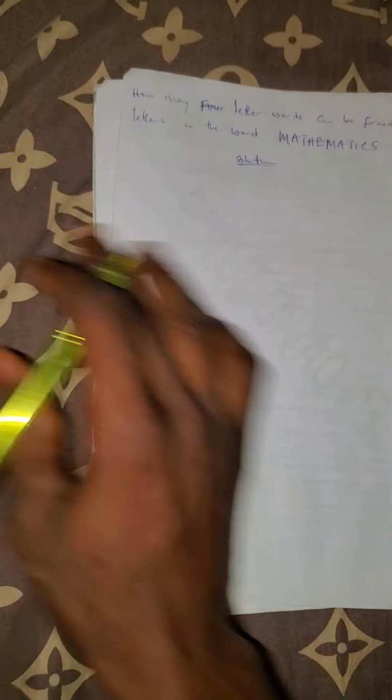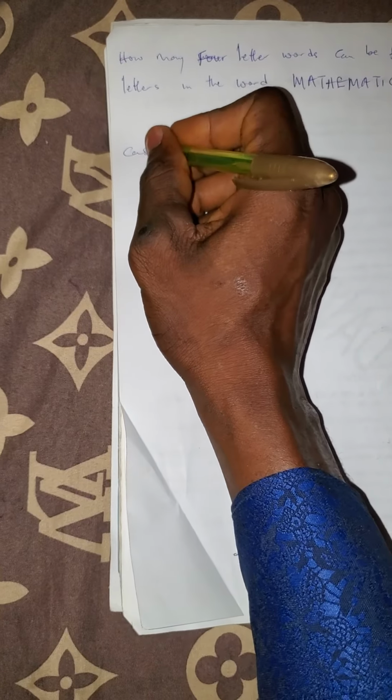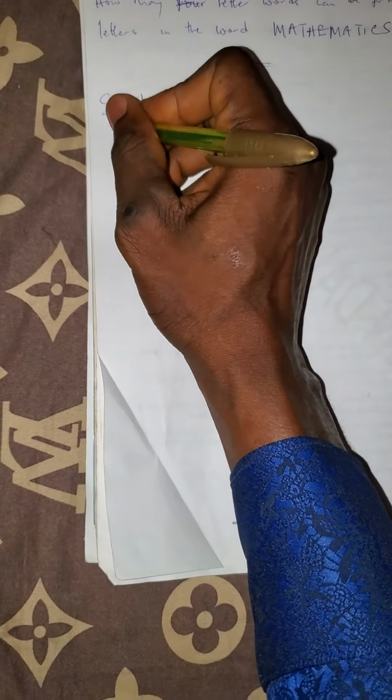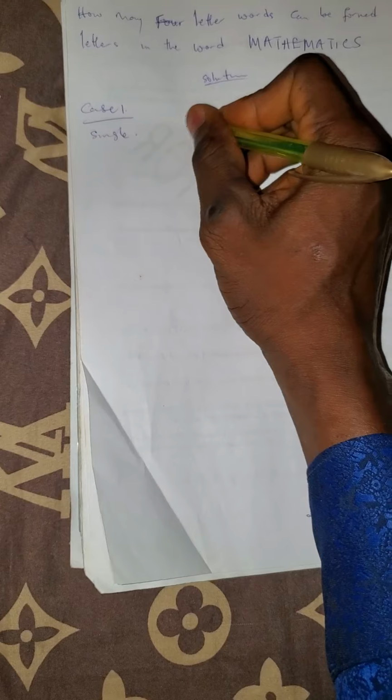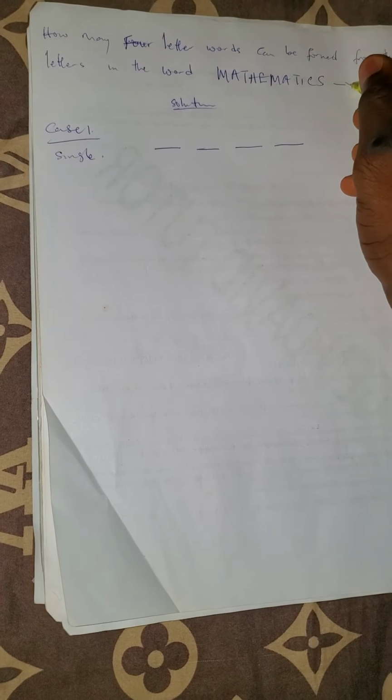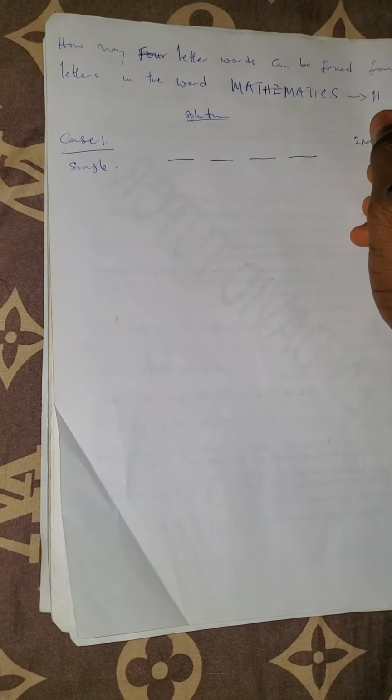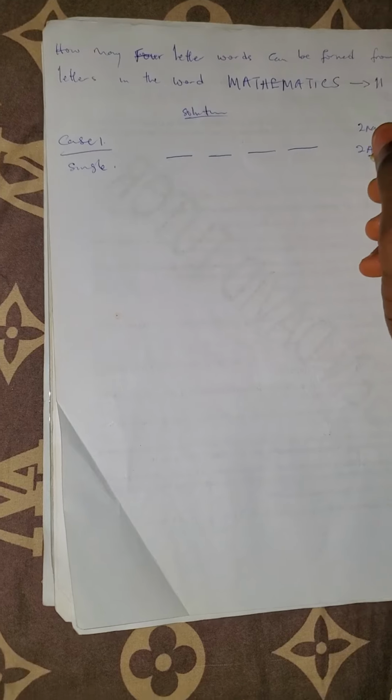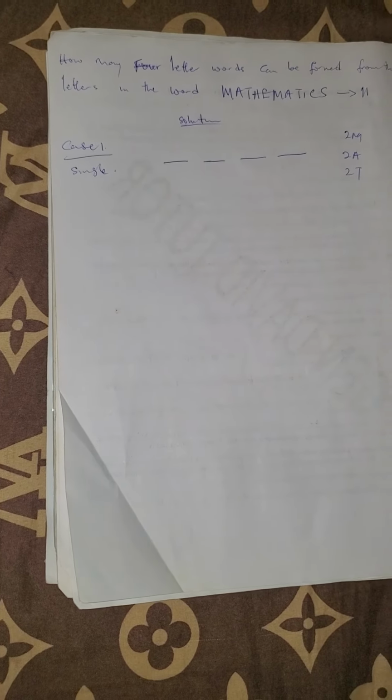Now let's see. The last one says, how many 4-letter words can be formed from the letters in the word mathematics? Now case 1 is for the single ones as well. So don't forget 4-letter words. This word mathematics contains 11 letters. We have 2 M, we have 2 A, we have 2 T, and we have